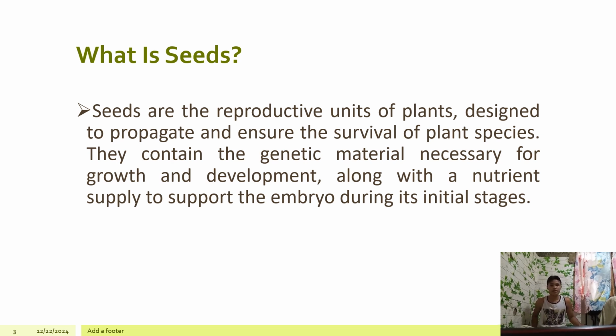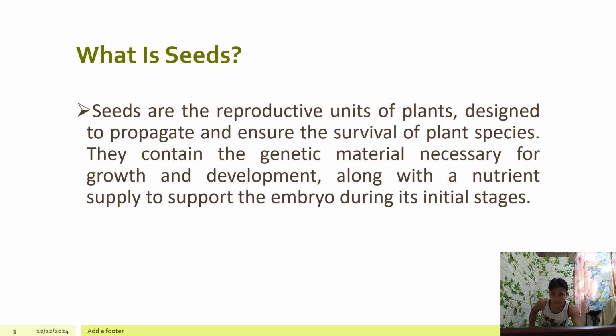Number one will be the embryo, or the young plant itself that will develop into a new plant. Number two will be the endosperm. The endosperm serves as the initial nutrients for the development and to support the germination of the embryo. And number three will be the seed coat. The seed coat serves as the protective layer shell of the seed, which will prevent damages and diseases.